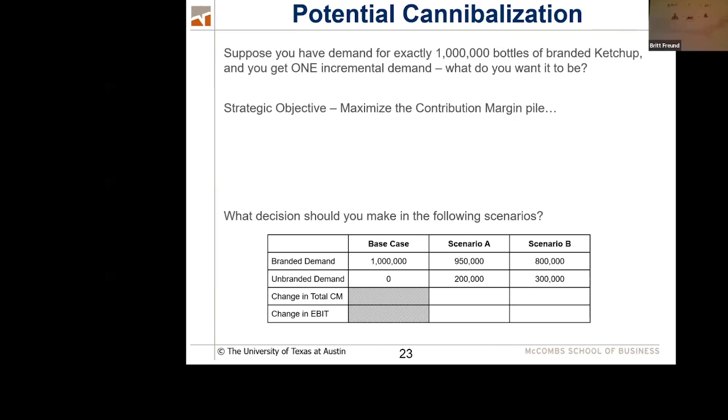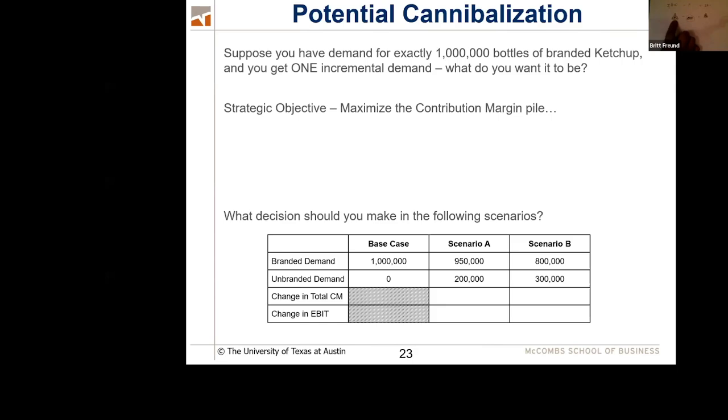So you have to see that. So take a look and make sure you understand that. In scenario B, I need to let y'all go. So in scenario B, just to figure this out, if we went from 1 million down to 800,000, that's a bummer. Because now Brooke got to put 200,000 less $2 contribution margins. That's $400,000. So Brooke just got to put $400,000 less on this pile.